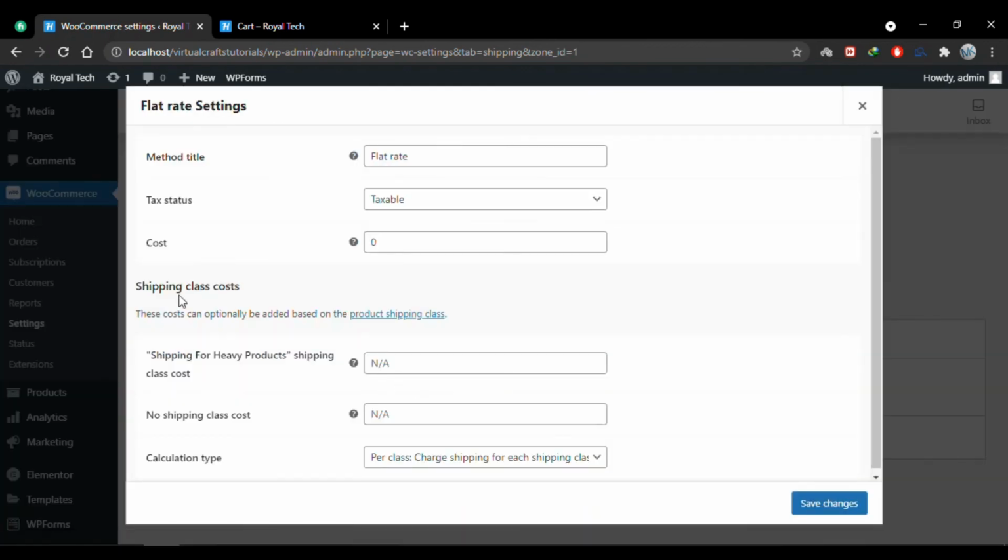I'll edit it and you'll see that this time we have some additional columns here, and these columns are for shipping classes. So let's say we have a flat rate of $3.50 on every product, but for one particular shipping class we have to provide the shipping cost here. Let's say I'm charging $30 extra for this shipping class. I'll specify it here, and now the total shipping will be 30 plus this 3.5.